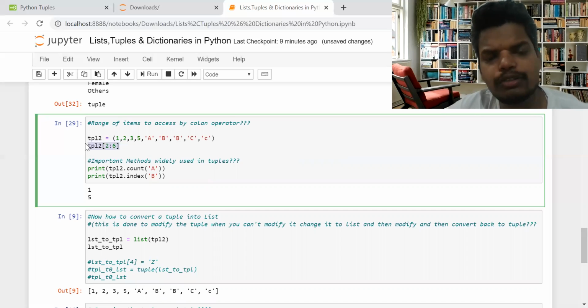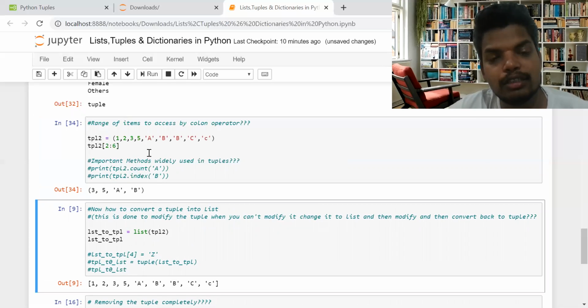To access the range of values starting from the third index up to the sixth, 6 will not be included, so up to the fifth index. So from 3, that is 0, 1, 2, 3, 4, the fifth is b, so the first b will be included. Let's check. I'll comment this part out as of now. You can see 3 to 5 gives A and B. The first B has been included and not the next B. This is accessing the items in a range using indexing.